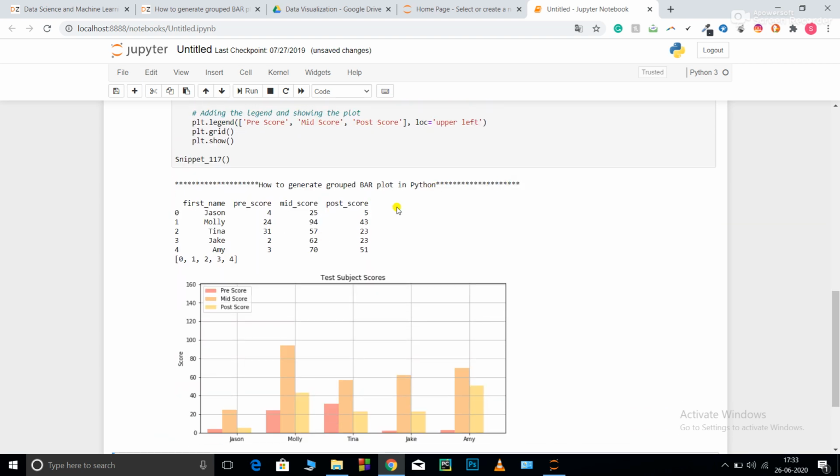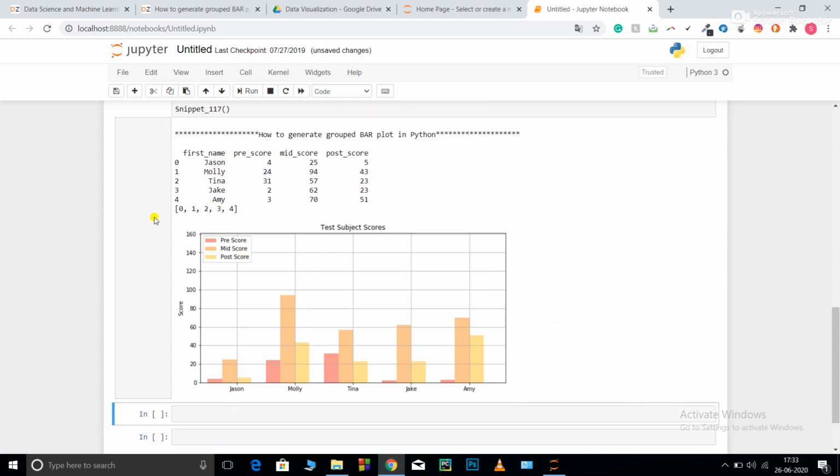So you can see this was my data frame, this was my pos 0 1 2 3 4, as it contained the range of the length of df pre-test score. Now you can see for Jason, Molly, Tina, Jake and Amy, it has plotted the bar plot. The pre-test score of Jason is around 4, mid score around 25, and the post-test score is 5.